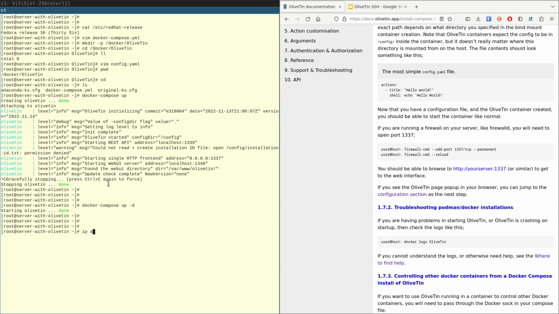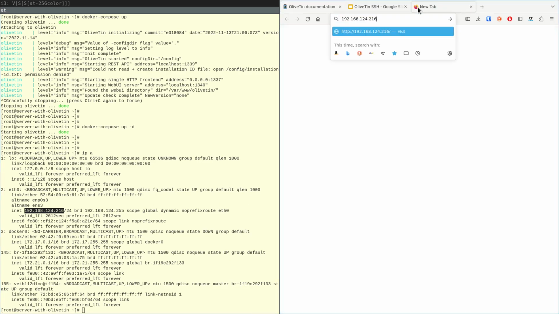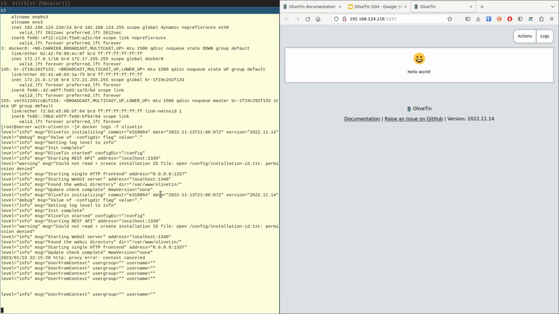So lastly, let's get the IP address of this server. It's just a virtual machine here. So here's the IP, and we pop that in the web browser. Then we should have OliveTin up and running. It's awesome. Now if we look at the logs for OliveTin, you can do docker logs --follow,